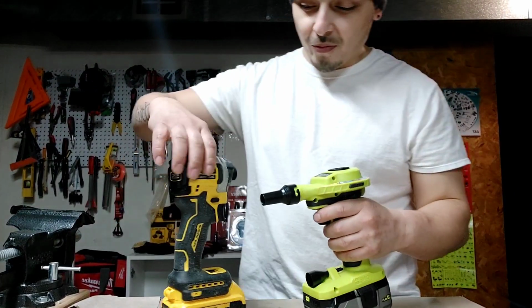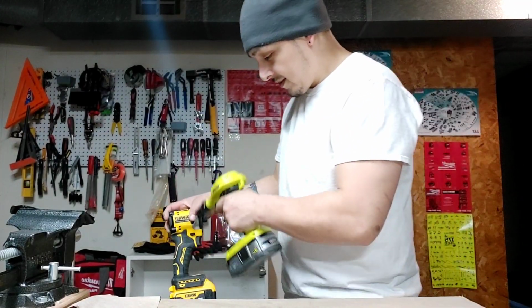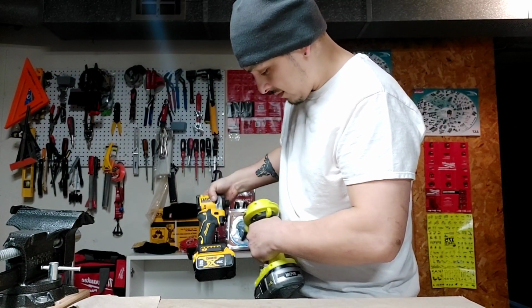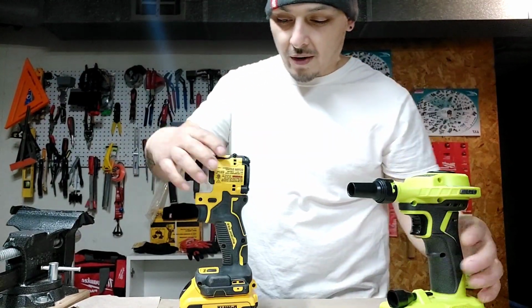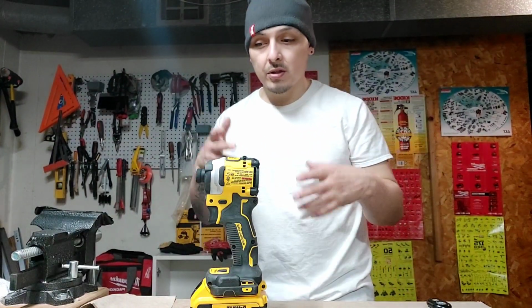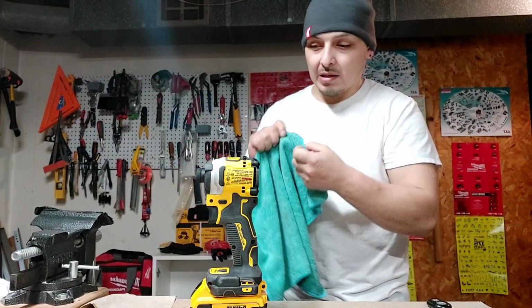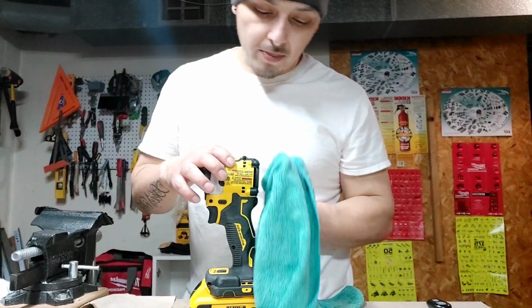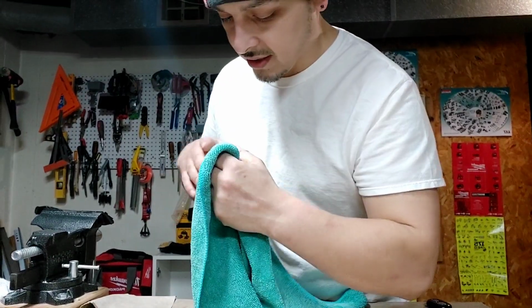So first, when I clean my tool, I'll use this boy. And that just blows all of the sawdust off the tool so I can get ready to clean it. Okay, so after I blew off all of the sawdust, next I'll take a wet rag and I'll just dampen it and then wring the water out of it. And I'll just sort of wipe the impact off. So I'm wiping it off, just getting all that sawdust that didn't blow off from the